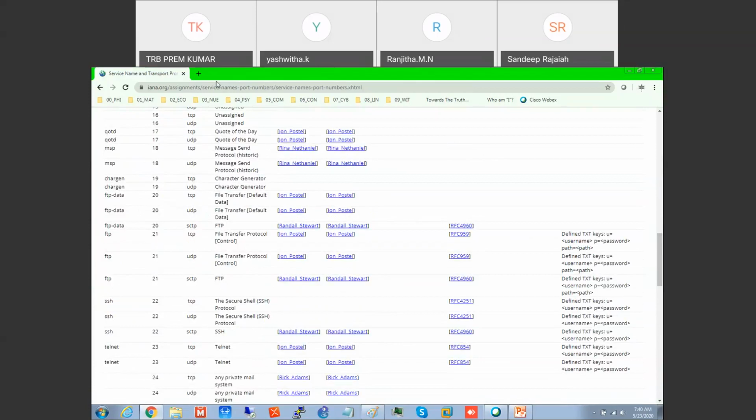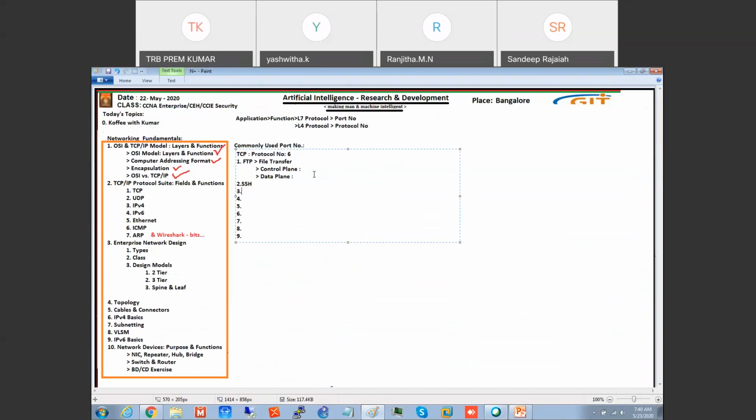This is the link. So whenever you start the session, the login, it uses port number 21, and the data transfer happens on port number 20.